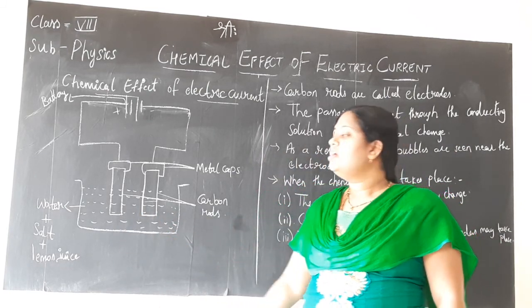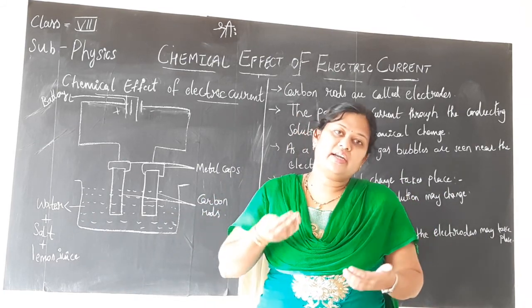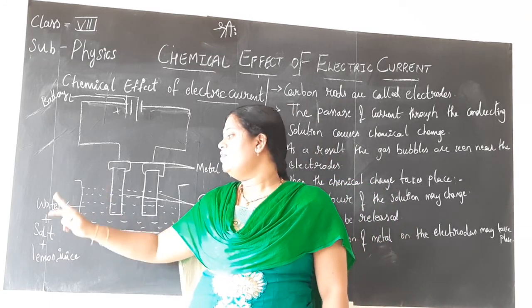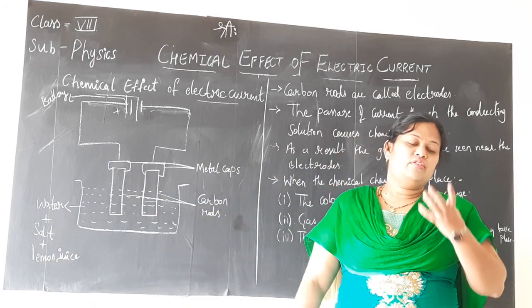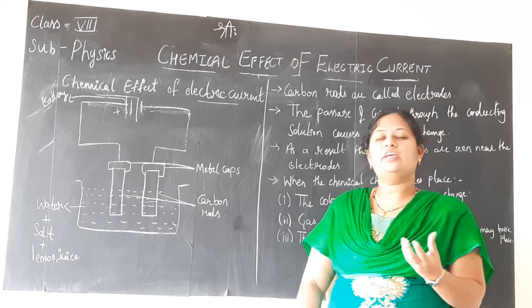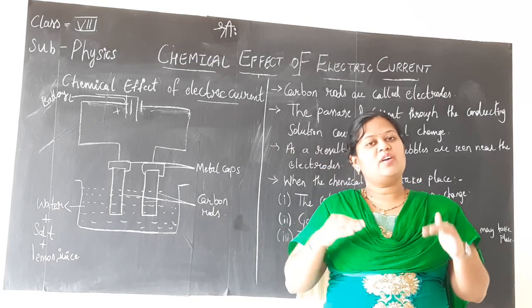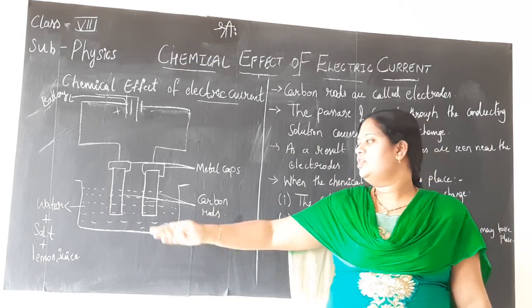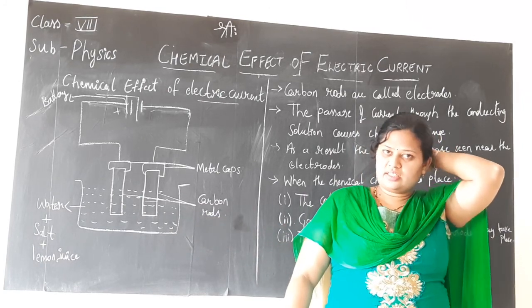But still, to increase the conductivity of the water, we are adding a spoon of salt plus lemon juice to the beaker. When you add a little salt and lemon juice, don't think we are preparing lemon juice here in the beaker. We are doing all this in order to enhance the conductivity. Enhance means increase the strength of this water to conduct, so that its conductivity increases.